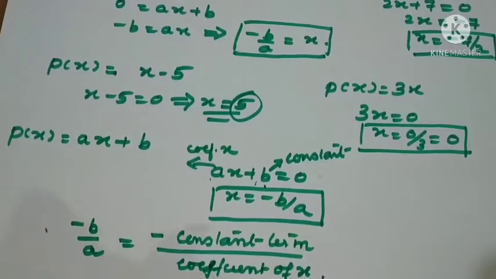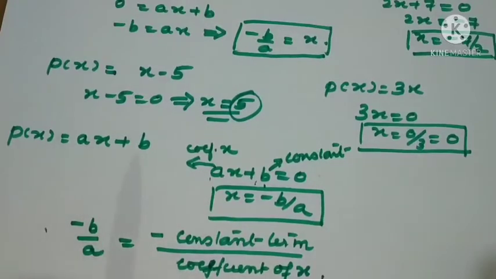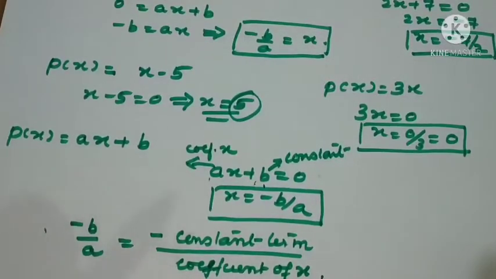There is no need of by-hearting this one, but just to know the concept very well. That is minus b by a we got here. The meaning is minus constant term by coefficient of x only. So with some examples I have told how to calculate the zeros of a linear polynomial. We have got the values also. So there is a relation between the zero and the coefficients. Minus b by a means minus the constant term by the coefficient of x.